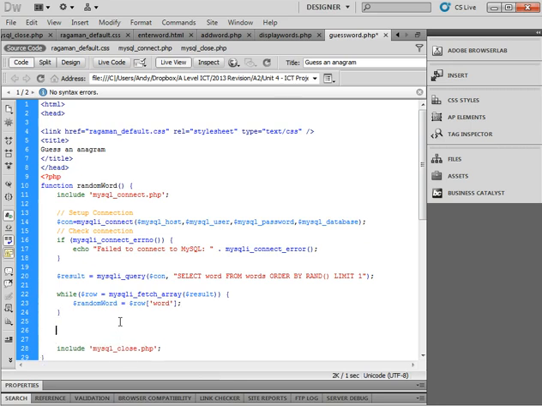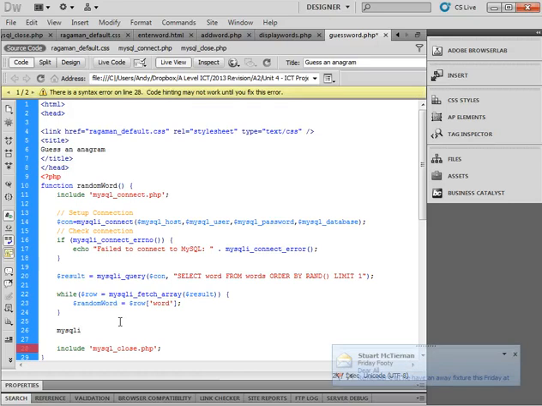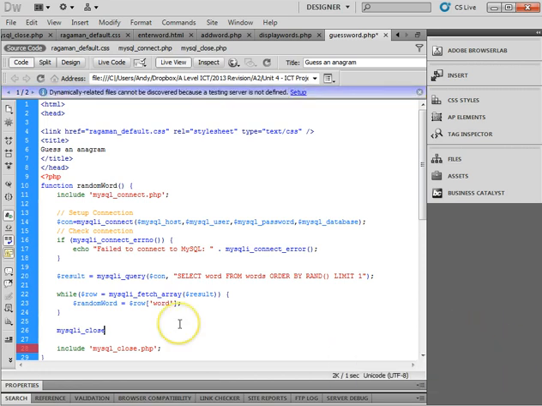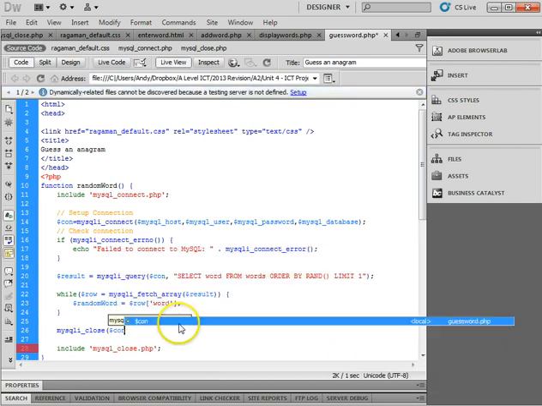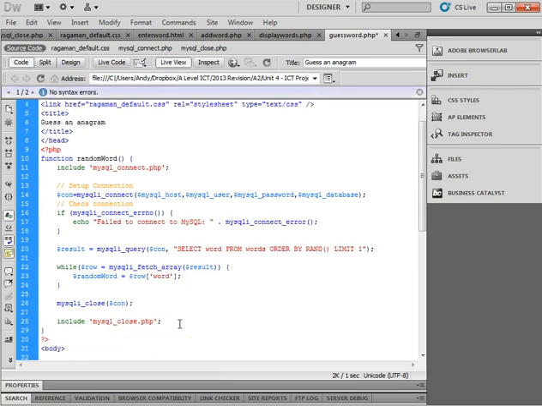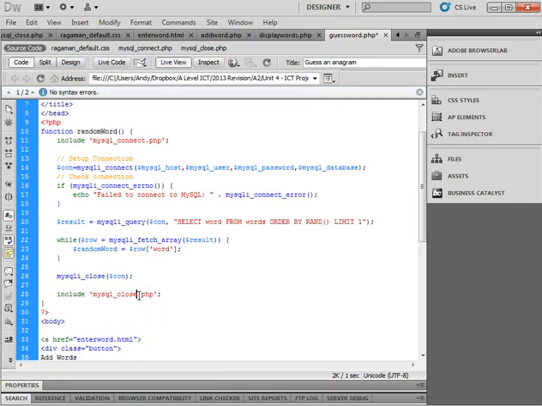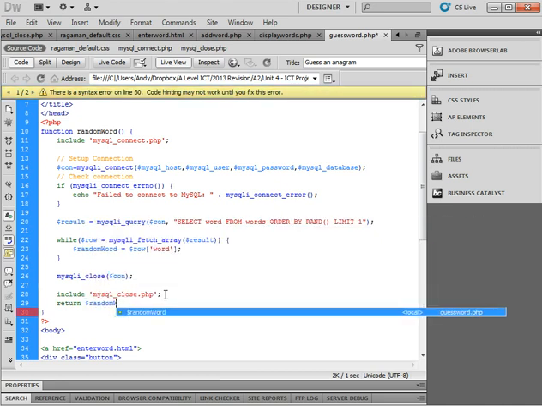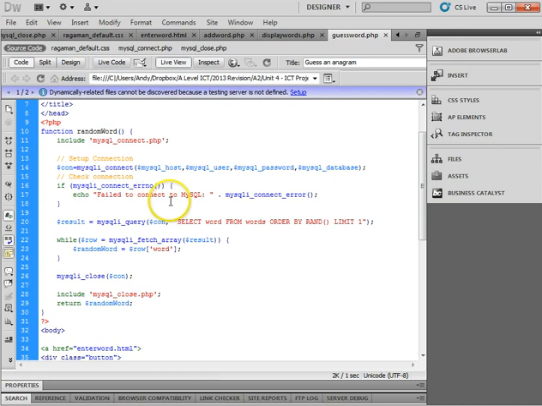Obviously, after that, what we need to do is close the connection. So MySQL close, and this time make sure we put the $con on, so that'll close our connection. Obviously our global connection, a bit of redundancy, but it's better to have it in there. And finally, at the end of this function, we're going to return our result, which is the random word. Now, this won't be run until we actually run this bit of code later, so we'll leave it alone for now. What I then need to do